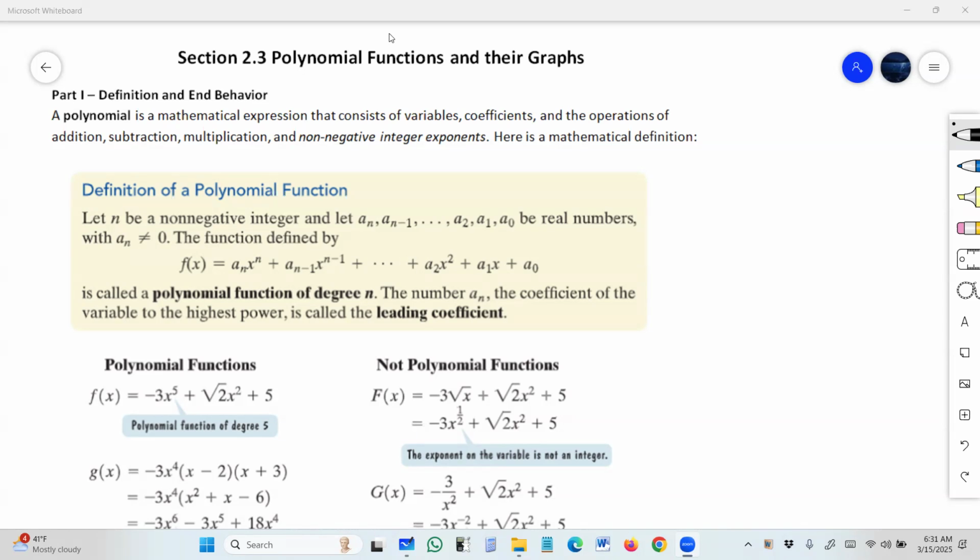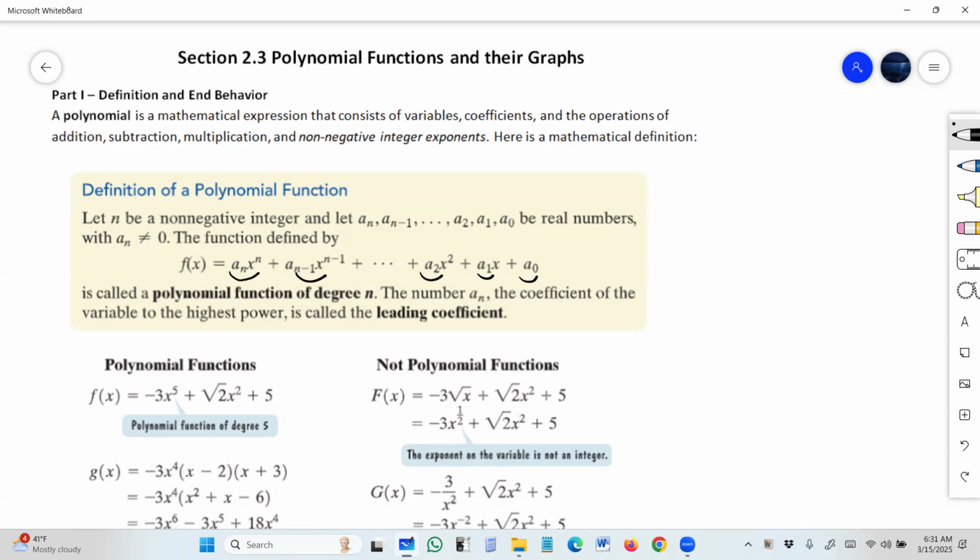Okay, so to begin, when we talk about a polynomial, as you can see here, the definition of polynomial function, the polynomial is nothing more than an expression where we either add, subtract, or multiply multiple terms. So this is one term of the polynomial, this is another, and so on and so forth until the very end. Now, what's important about a polynomial is that the polynomial has sums or subtractions of all of these terms, and